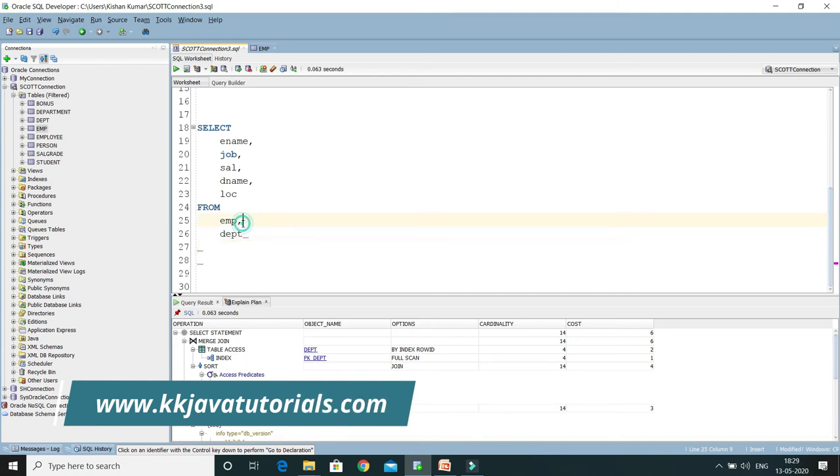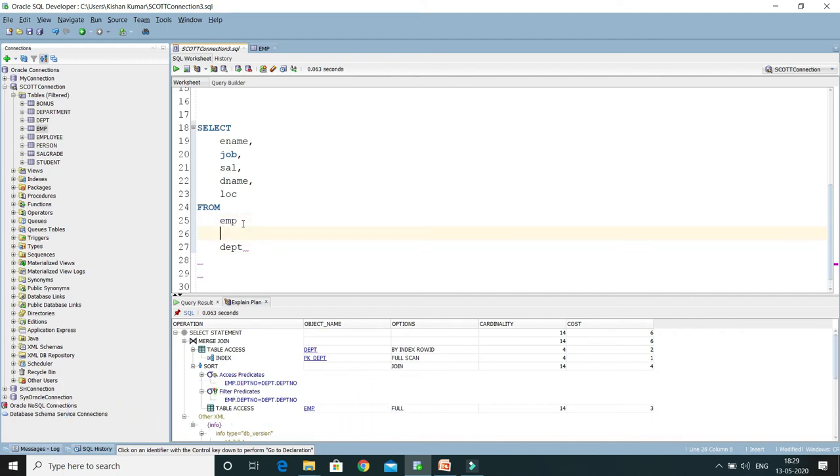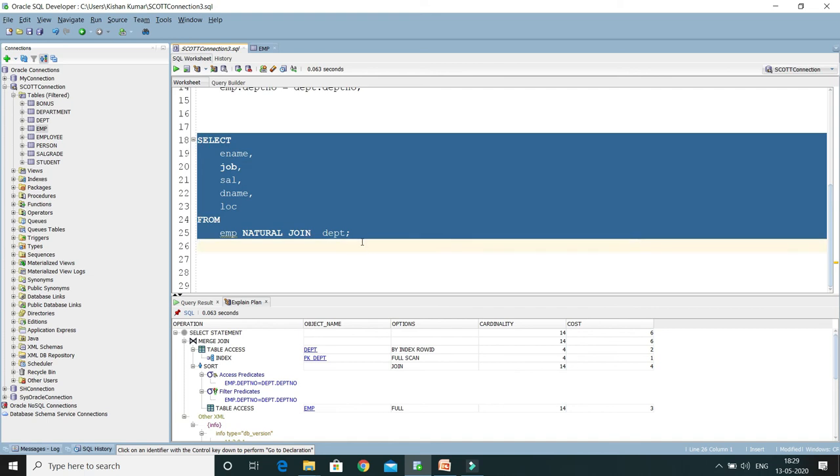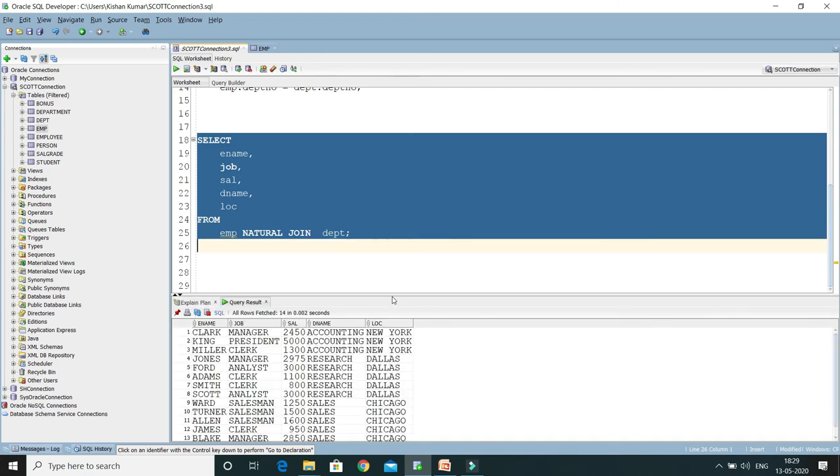Now here we want to perform a natural join between the employee table and the department table. We simply have to write natural join. That's it. So this signifies that we are performing a natural join between the employee and department tables. Now if I run this query, you'll see the same output. Here you can see we get the same output.